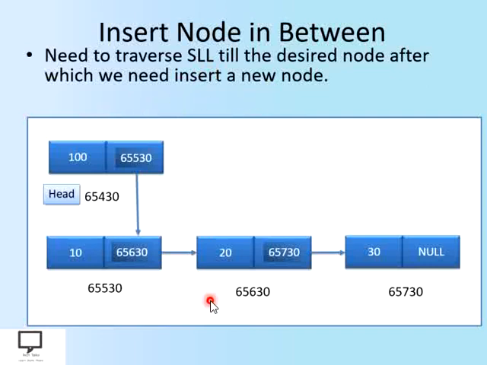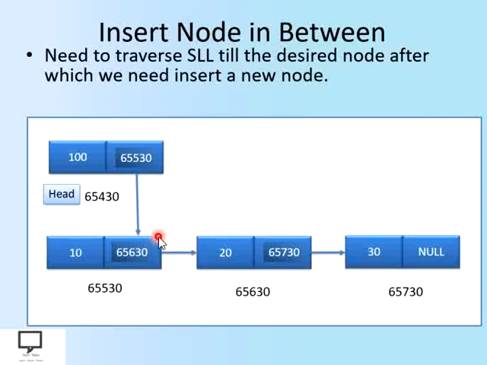So we have to perform a traversal operation along with the search as well, because if I want to insert a node in this example, after node 40, if this is the information that we are going to accept from a user, you have to first of all check while traversing the linked list whether 40 is present or not. If it is present, then only you will be able to perform the insert operation in between. Otherwise your insert operation could not be performed on the given linked list.